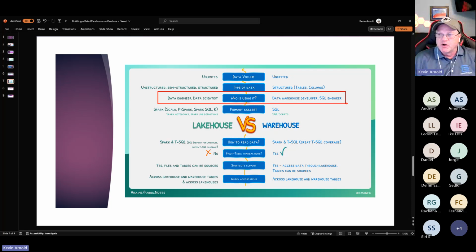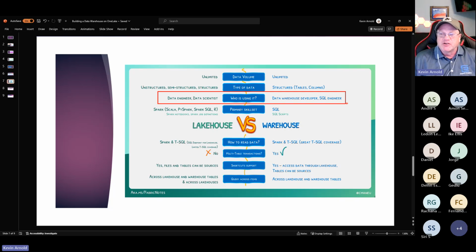We're going to focus more on the skill sets of the warehouse today. But let's kind of run through it again from top to bottom, right? You could bring in the same amount of data volume, unlimited. On the warehouse, you're going to have structured data. So think about a relational database. That means you're going to have tables and columns that are already formed out. To where a data lake, you could have a files area that you could store videos, you could store images, you could store JSON, whatever, it really doesn't matter, right?